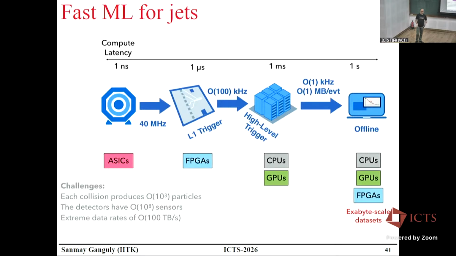Now, what are these names? These are new kinds of hardware on which you have to rewrite your code from scratch. The way you write the code is absolutely different, but you need to deploy the same kind of architecture. So this is a non-trivial, challenging task, and people are trying to do that. When you have on the order of 1,000 particles within 25 nanoseconds, how do you do fast machine learning at that speed?